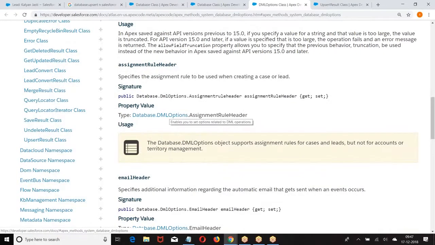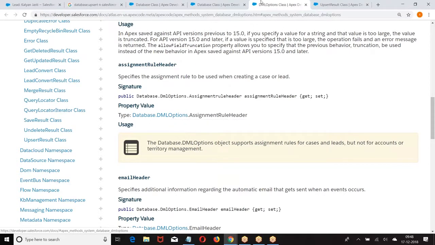This is manually I have created. I selected the checkbox called enable the assignment rules. Now, whatever the assignment rules are there, those assignment rules should run while I am inserting the record using program also. Now, if it is manual, I am going to the record. At the bottom, we have a checkbox. We are enabling the checkbox because of which assignment rule is running, owner is decided. While you are inserting the data programmatically, how do you ensure that assignment rules are running? By using this DML option. Did you get my point?